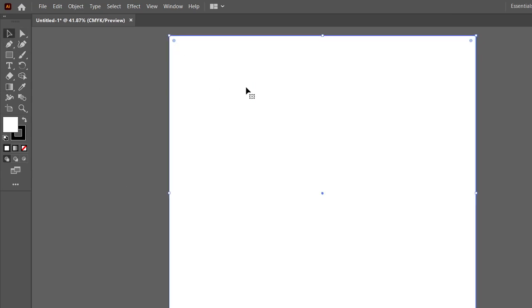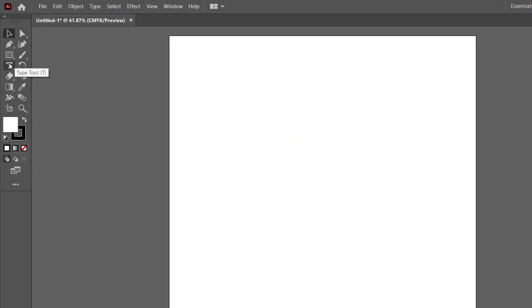Let me show you the basic things which you need to worry about. The first thing is the tool panel, with the selection tool and pen tool, and the same goes for the rectangle tool, where you can draw figures. Let me click on that, keep the pointer like this and select the dimension. The width and height are also available. Here I have defined a rectangle. It has some kind of border, and you can also select the object and move it around in random order. Let me delete it and go through the process of defining some basic tools.